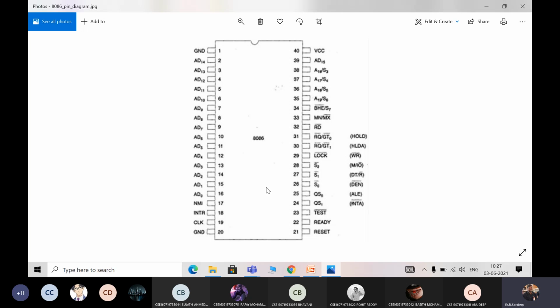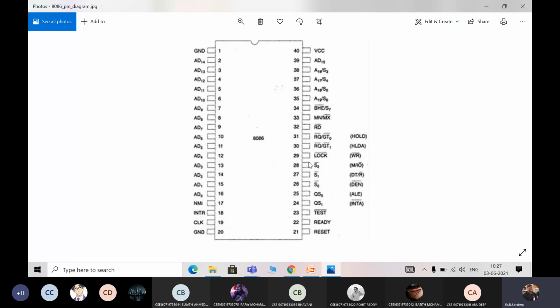So what are the don'ts? If you skip these legs, it will create a lot of confusion. And if you draw one straight line instead of giving the U, we will not understand from where the signals are being sent, whether top to bottom or bottom to top. And if you skip the number 8086, we will not understand which chip it is, because most of the pin diagrams have 40 legs, or 40 signals or 40 pins. That's the reason we need to specify the chip number in the center of the chip.